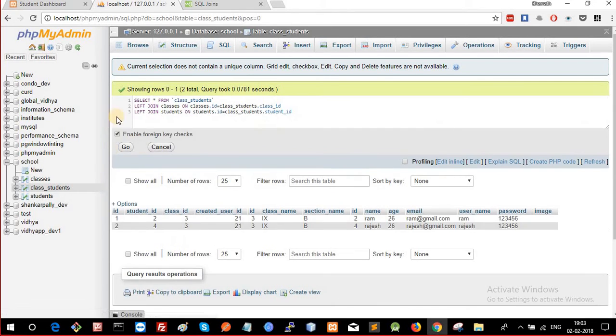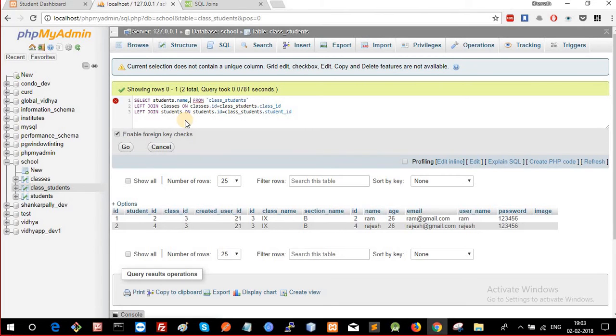So to do that, instead of select star from, first I am taking student name, so you can write students dot name,